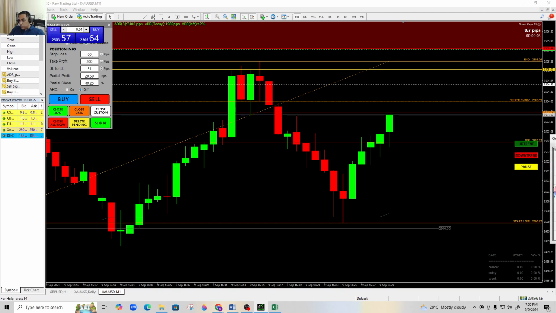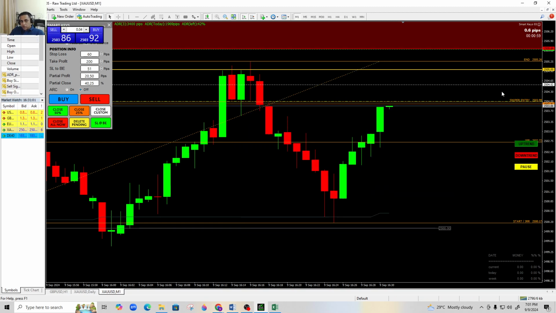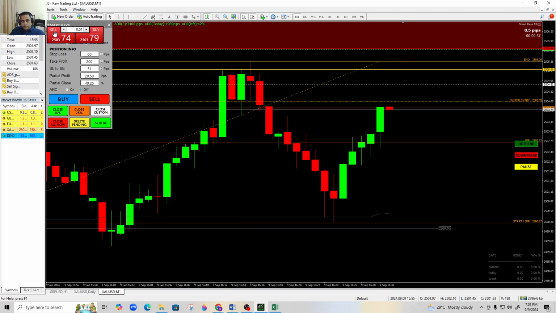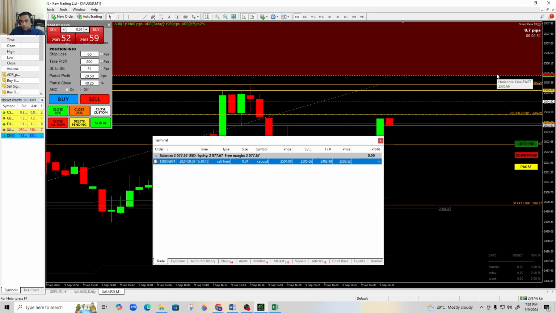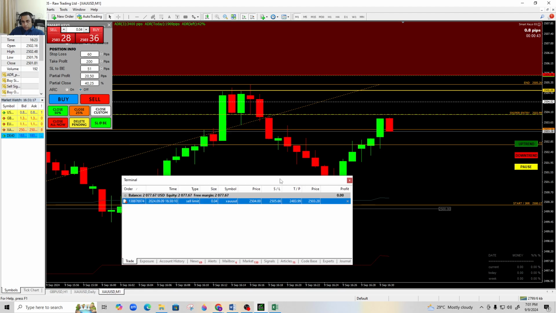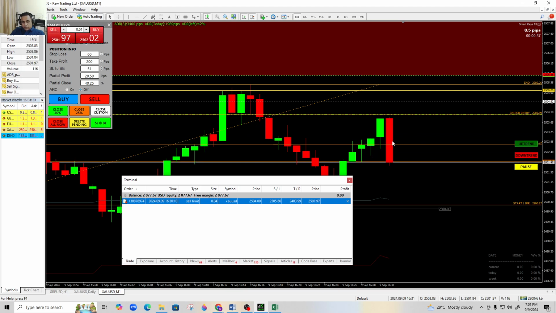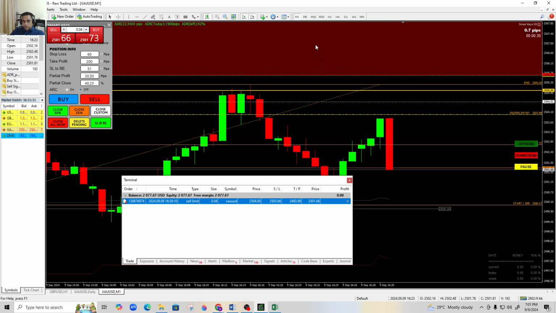And my stop loss is, so I change that to paste, modify. That's my stop loss. And it's a trade. It's possible the price can go higher. It's very possible the price can go higher,